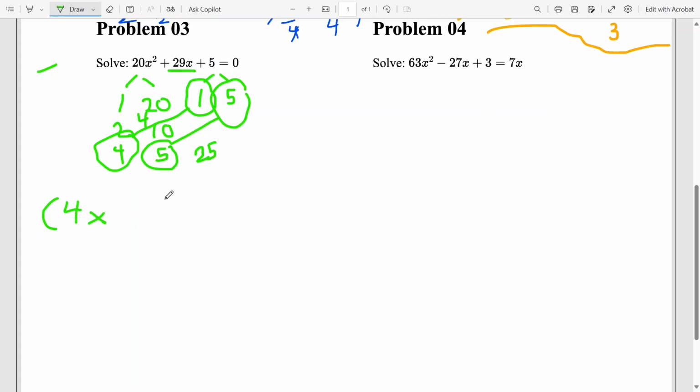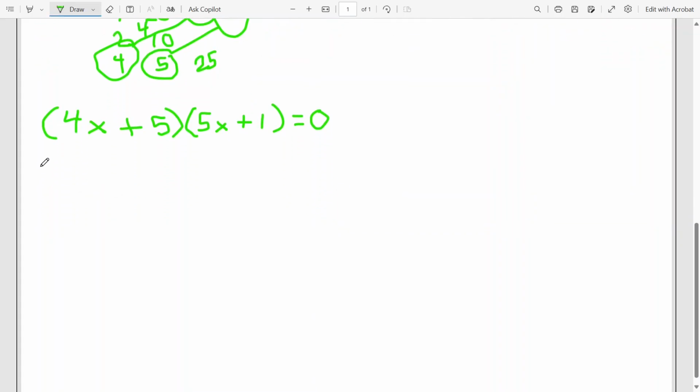So 4 and 5 are my coefficients in front of x. So I have 4x and 5x. That equals 0. I want the 5 to multiply by a positive 5, so I'm going to put the plus 5 here. And I want the 4 to multiply by positive 1, so I'm going to put the plus 1 here. Okay. Now I'm going to set each of these factors equal to 0. So I'm going to say 4x plus 5